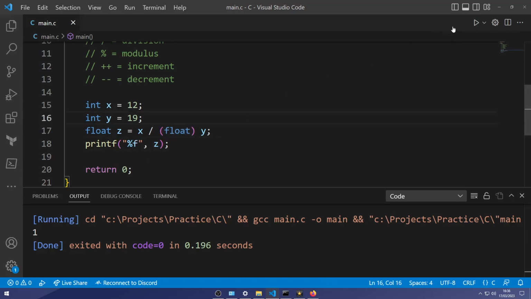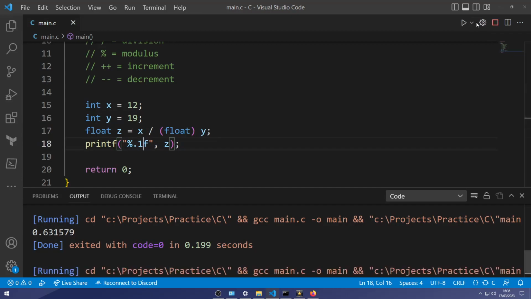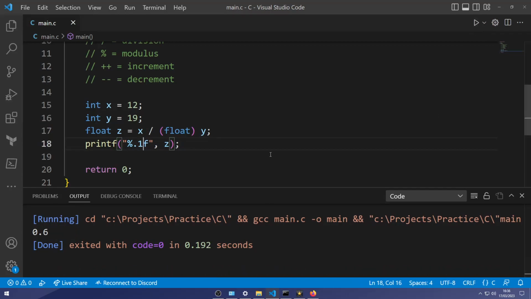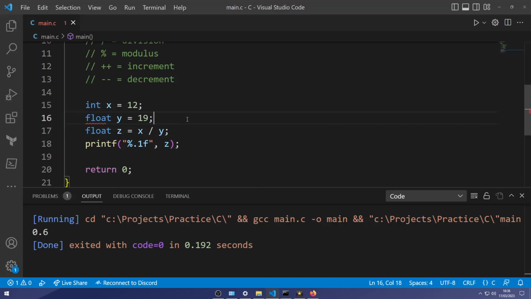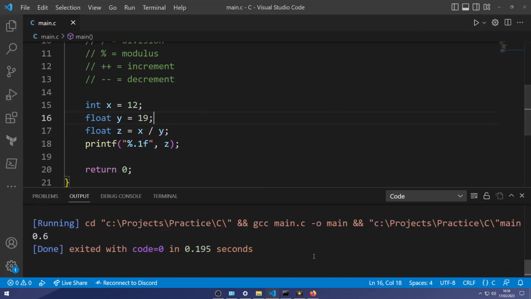And the percentage for float is an F. So as you can see, now it can return decimal values. And we can round that down to a 1/10. Another way we could do this is just specifying one of our integers as a float instead. So that works too.